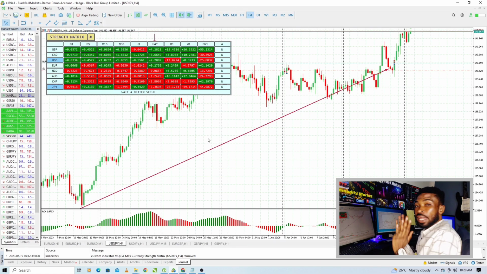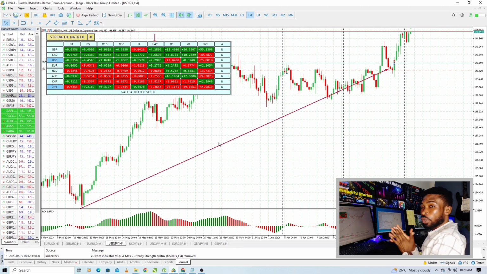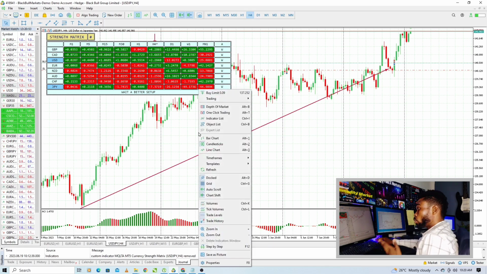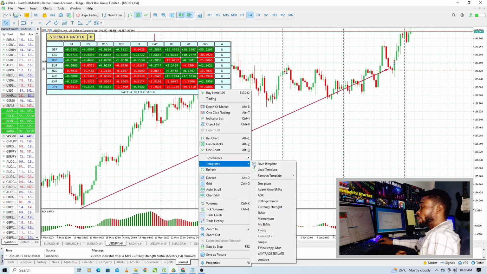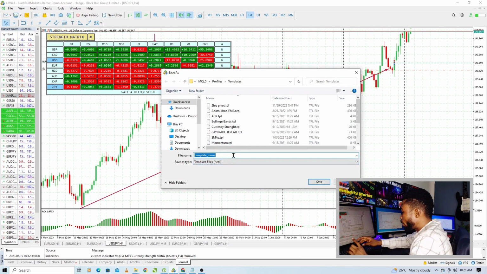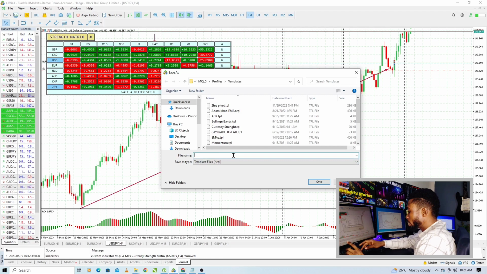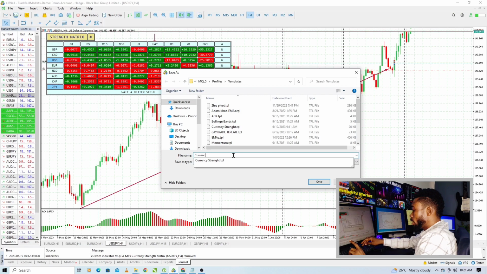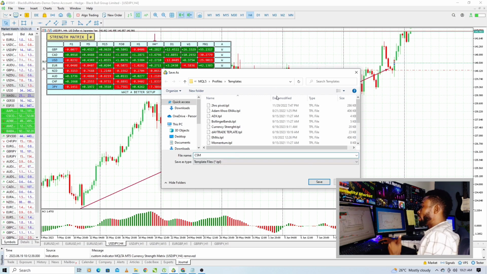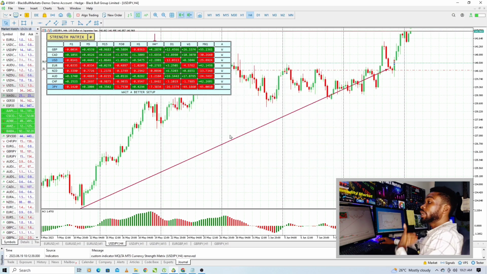The same way, the current trade method that we customize right now, if you want to save the template so that it's always going to look like this, what you have to do is right click on any part of the chart. It means you are saving everything on the chart. So you right click on MT5, you go to template and go to save template, because you are saving the template so that it will always appear like this. So save template, and then let's make it currency strength meter, or CSM. Okay, CSM, currency strength meter. Let me click save, which means when I open any chart,